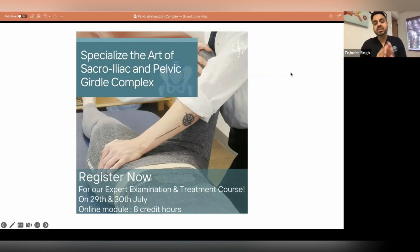But the research and data is so limited in SI dysfunction, and half of the PT community doesn't even believe in SI dysfunction. So that's why the data is not there. But recently the orthopedic section of APTA is adding more and more literature on the SI joint. So we are definitely moving in the right direction, but we're not where we should be. And that's why I feel like treating the pelvis is